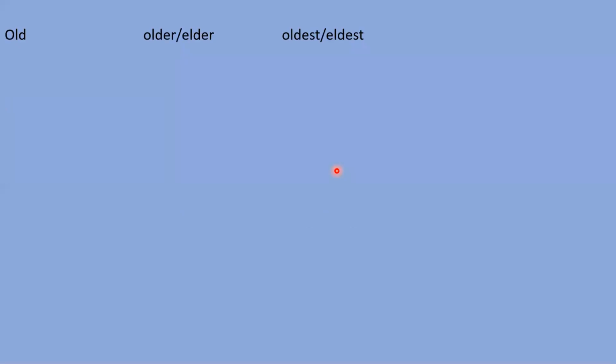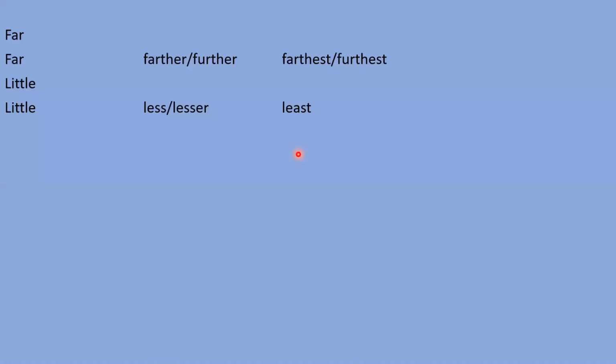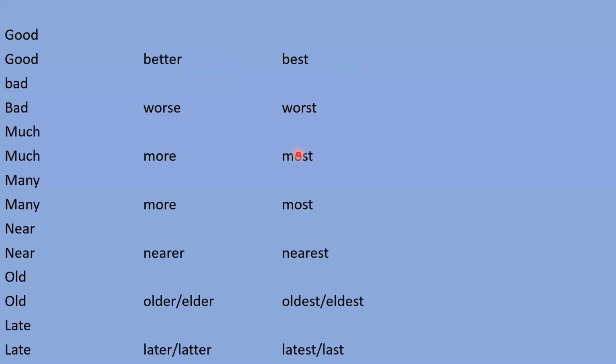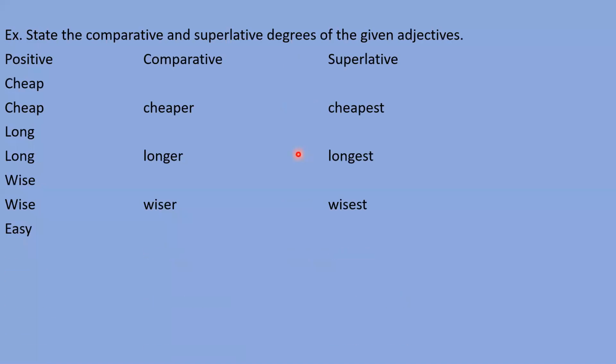Okay, so in your next class, I will tell you the difference between old, older, oldest. Means there are two degrees of some words, so I will tell you the difference between these two degrees. Now only a few minutes are left. Let's take a quick revision of all the things. For the next class, dear students, you need to learn all these degrees.